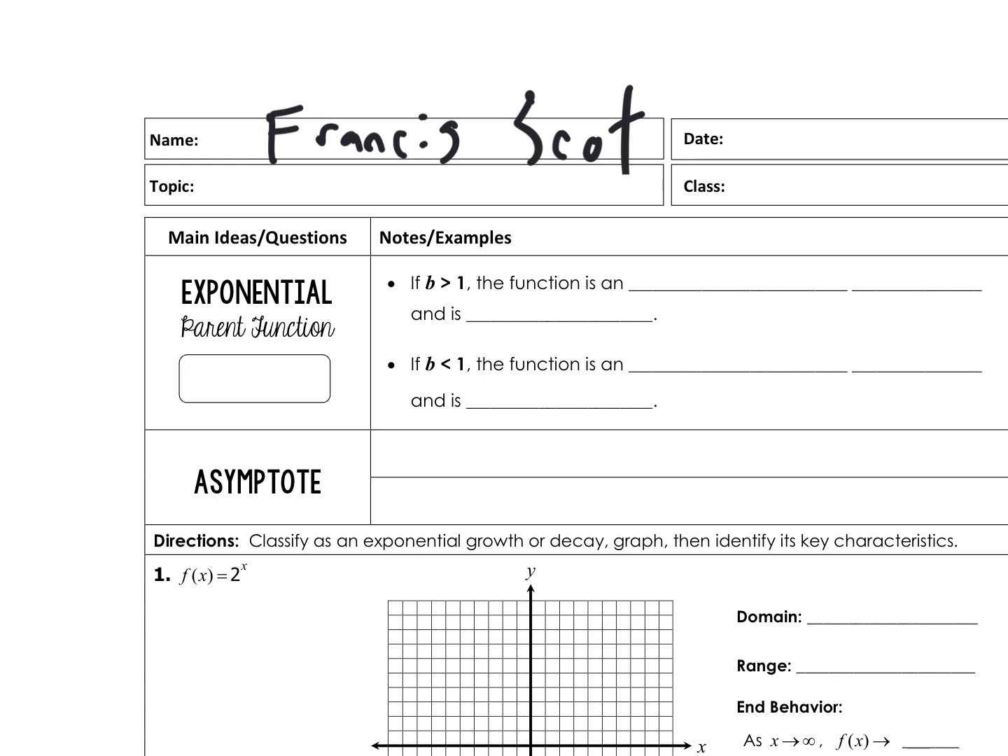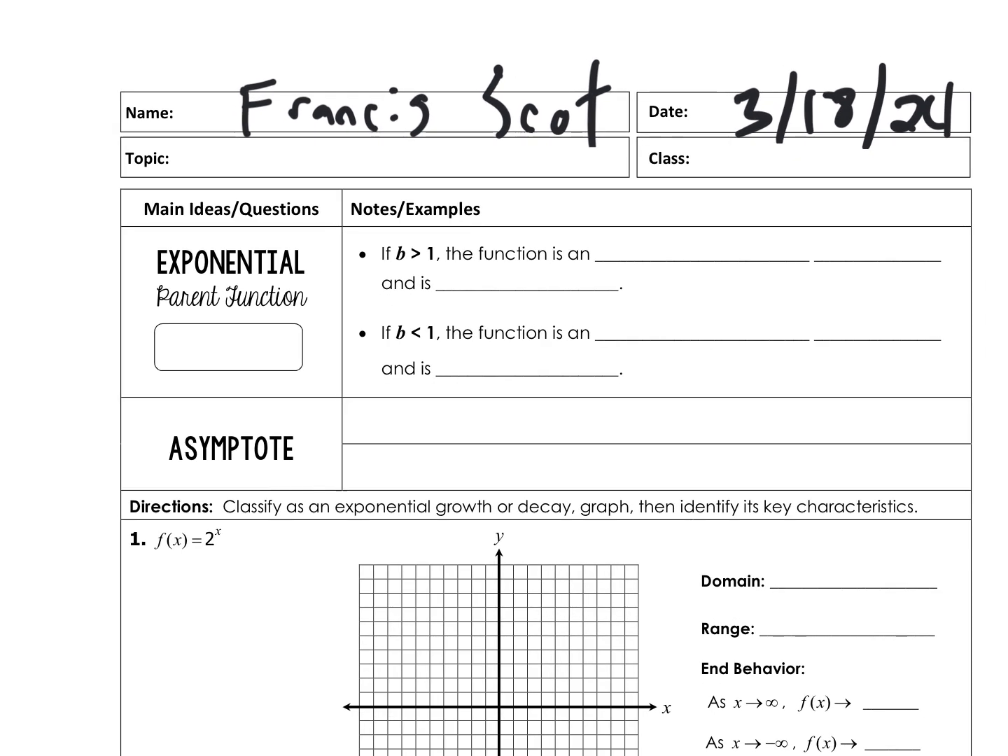Today is the first day back, March the 18th. What was yesterday, by the way? 17. Was it special? It was St. Patrick's Day. I noticed some of you wore your green today to celebrate St. Patrick's Day for yesterday. And yeah,